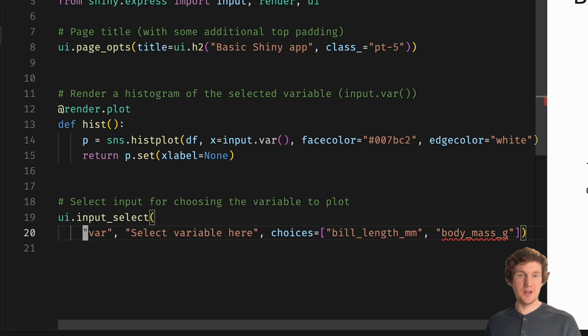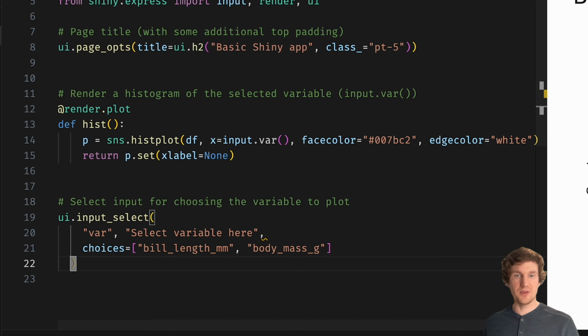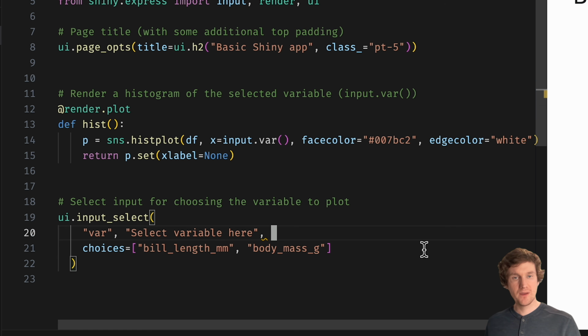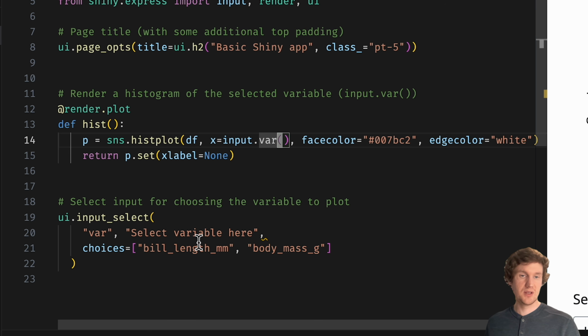And this input select has the VAR ID, the label for the input control, as well as the choices for that input select. So these choices here are specific to the data set that this is visualizing. So the names here are very intentional and are referring to the columns in this DF data frame here.